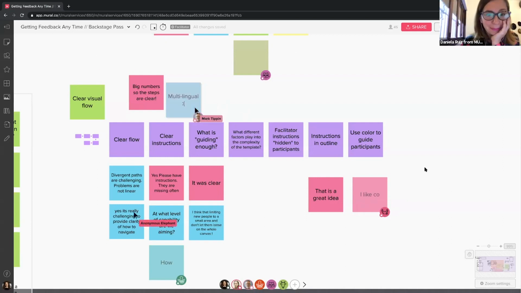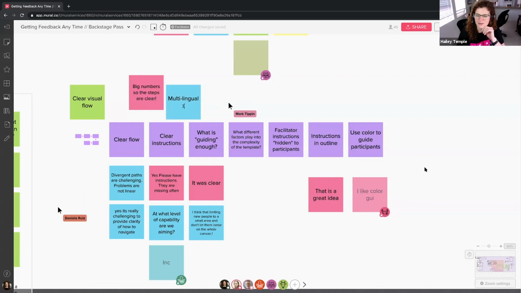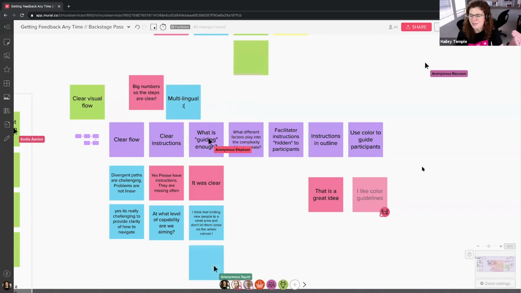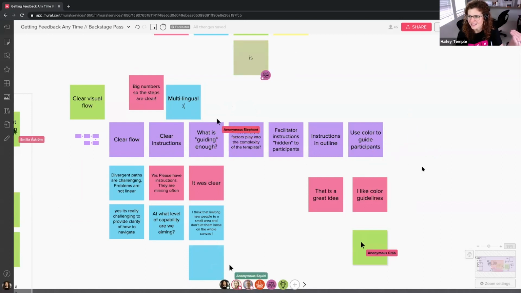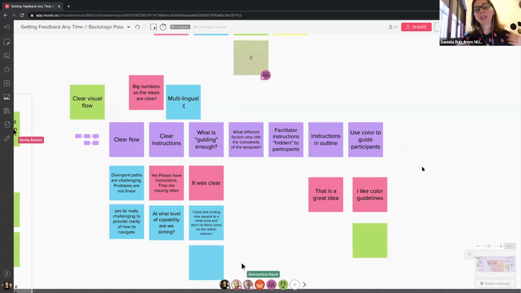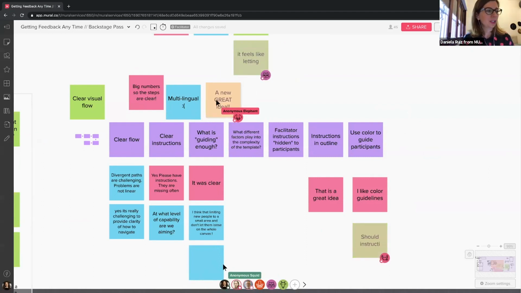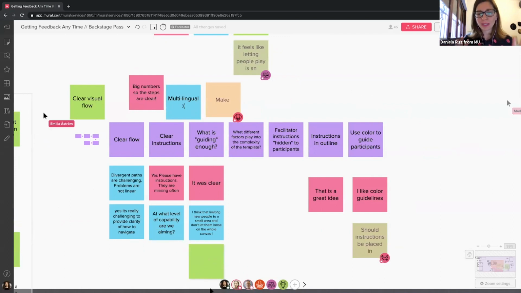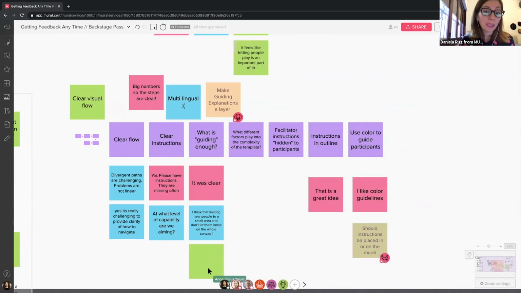But that might be just... Yeah, and I think it also, I agree, to a point, it is like that, what is guiding enough? It's so hard and so relative because, I agree, sometimes I'm like, this seems so really complicated, but then I also need to know alternatives. Right. Someone say multilingual here. And I think the one thing about a template, it should be visual enough to be understandable across languages, hopefully, ideally. Maybe use icons instead of so many words. That could be an idea.